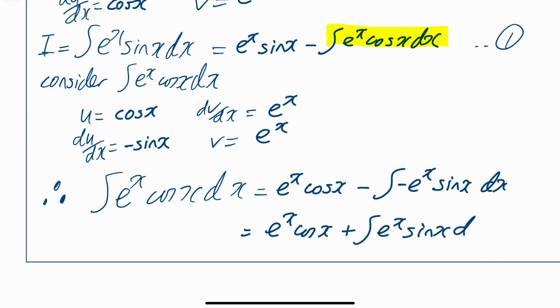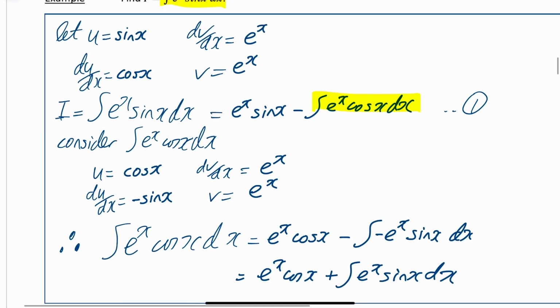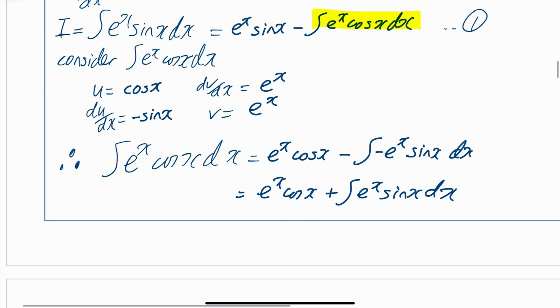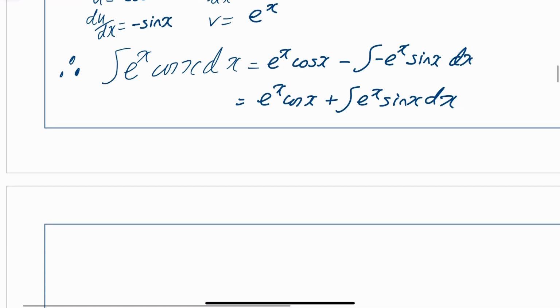Okay, right, now this is what we're sort of getting to, our reduction formula type questions. You can see this thing, e to the x sine x dx, that was your original I way back at the start. So we really could write this whole thing as, that means, therefore, your integral that you're trying to find is equal to e to the x cos x plus the integral,